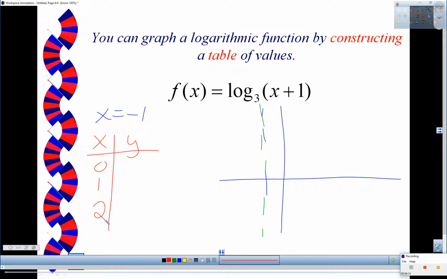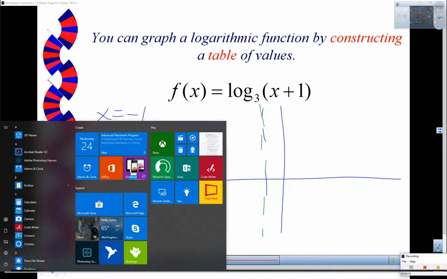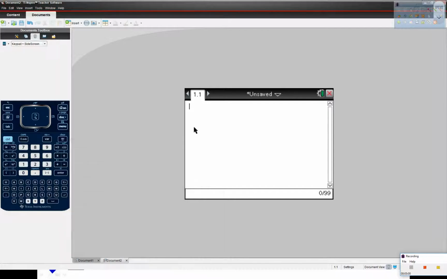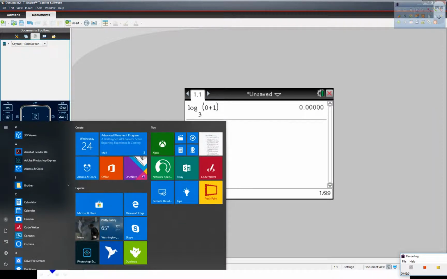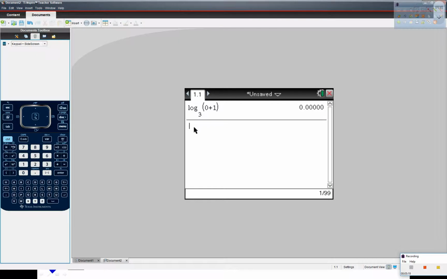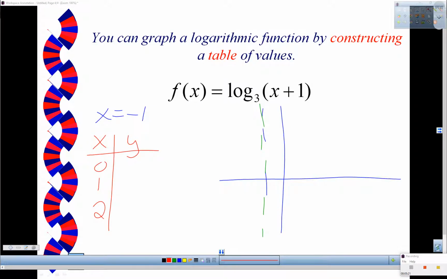So it's very easy to put these into your calculator. So I'm just going to pull this up. It's log base 3 of x plus 1. So you can just do log base 3, and then we chose 0 plus 1. So log base 3, and then we said 0 plus 1, so that gives me 0. Okay, so 0 for that one. All right, if I plug in 1,